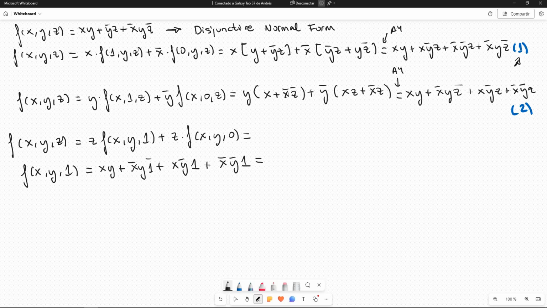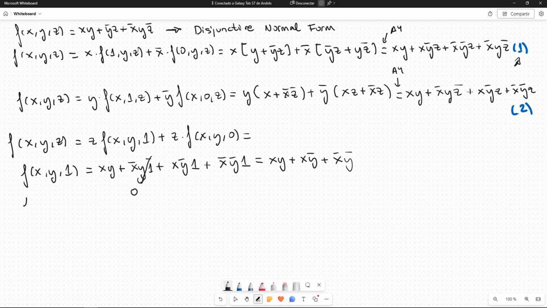So 1 negated is 0, so here we have 0, and the rest remain the same. x1 plus x1 negated plus x y, both of them negated,